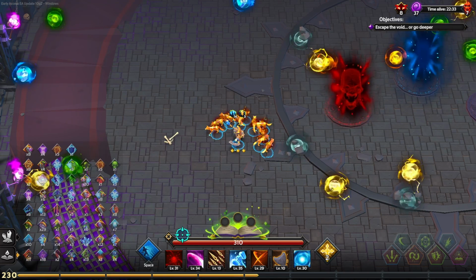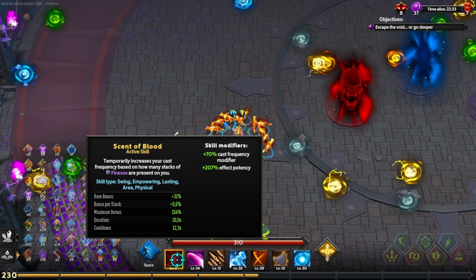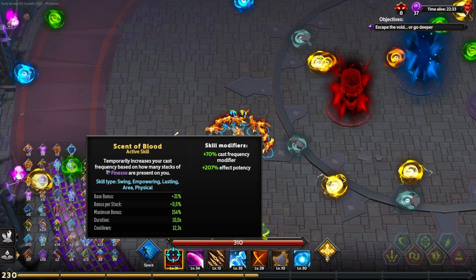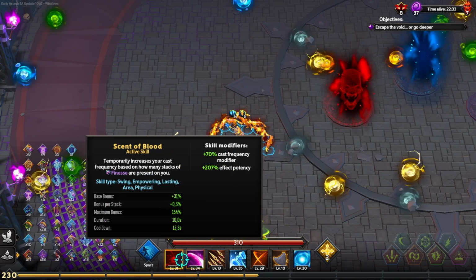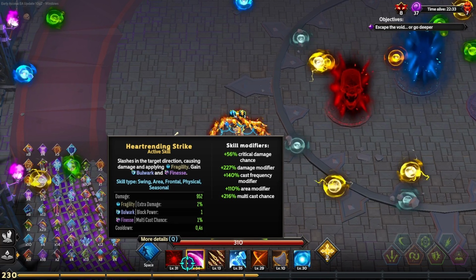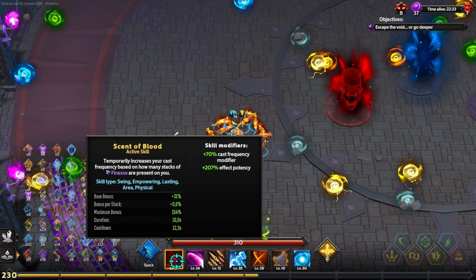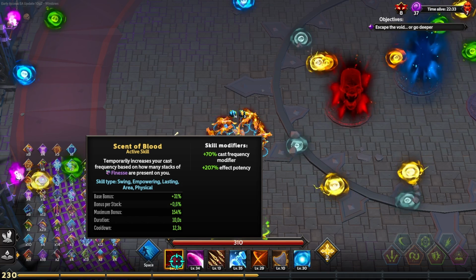Although we don't need the cast frequency because of the swing chain, so you can actually keep an eye on it and you'll see that we land up casting it before the cooldown is already up, so that's okay. But we're not getting a lot of cooldown. I mean, you can see 0.4 is actually really good. We'll see what it goes to when we got Scent of Blood up. Getting our Heart Rending Strike and our Double Slash at 0.2 will be the best thing, because that's going to allow us to hit the maximum bonus for Scent of Blood as quickly as possible, because it works off finesse